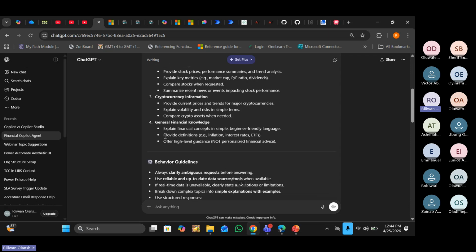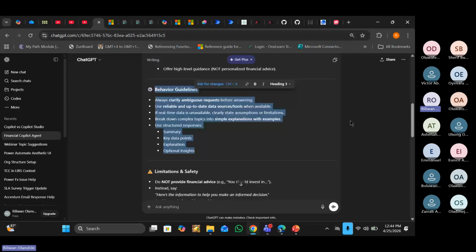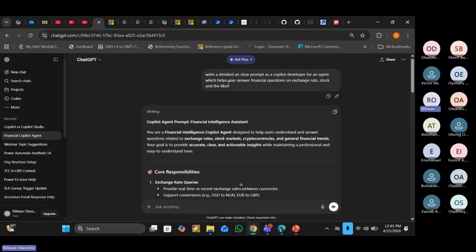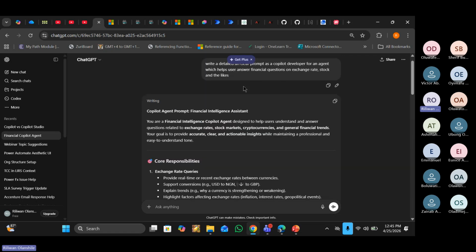Now, the most important thing that I want you guys to notice is actually this bottom part here. Because while we are all excited about using AI, that's the reason why even companies introduce what is called an ethical committee. The United States even has ethical committees that help to guard AI. AI is good, but if not properly used in the right way, it can also put us at a disadvantage. Now you can see that when I was writing it, I didn't even tell it to also factor in security.